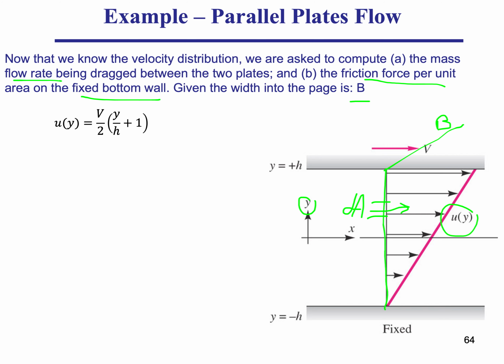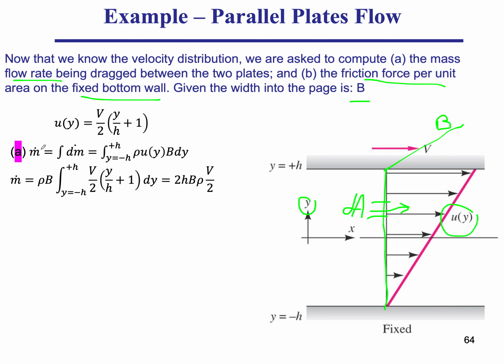So dm dot, my mass flow rate, is the density multiplied by the velocity by the area dA, which is b times dy. You integrate from the bottom wall to the top wall, from y equals minus h to plus h, and when you do the integration,